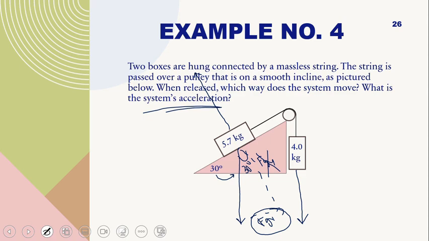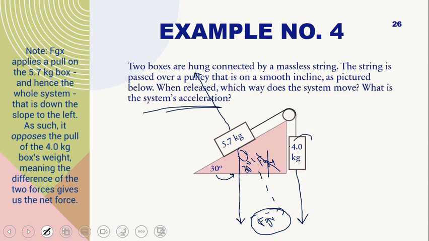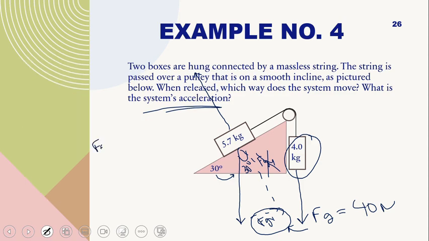So this means we're going to have to compare the weight of the 4.0 kg box with this FGX to see which is greater to figure out which way the system moves. So we know that the force of gravity, or the weight, on this box is just going to be 4.0 times 10, or 40 newtons. For this one, remember FGX is always equal to the weight times sine 30. So the weight of this box is going to be 5.7 times 10, or just 57 newtons, times sine 30. And this is going to give us